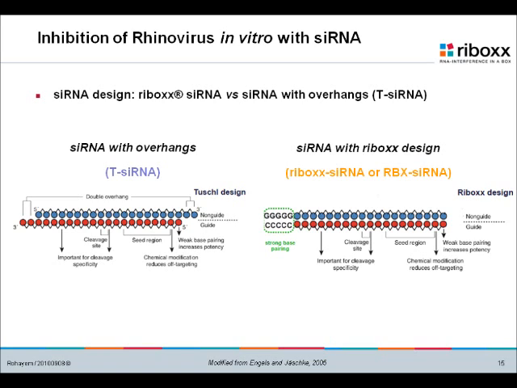Now, we then had the idea to say, okay, let's just get rid of this kind of voodoo, how to design it with overhang, without overhang, and so on. Let's try to get some standardization. And the standardization that we brought was to say, we're just having blunt small interfering RNAs without overhangs, and at the end, we induce this thermodynamic instability by adding a GC clamp, 5 Gs, 5 Cs. And we tested this. And also the results that were shown in the first talk by Dr. MZU were using this design of Riboxx.